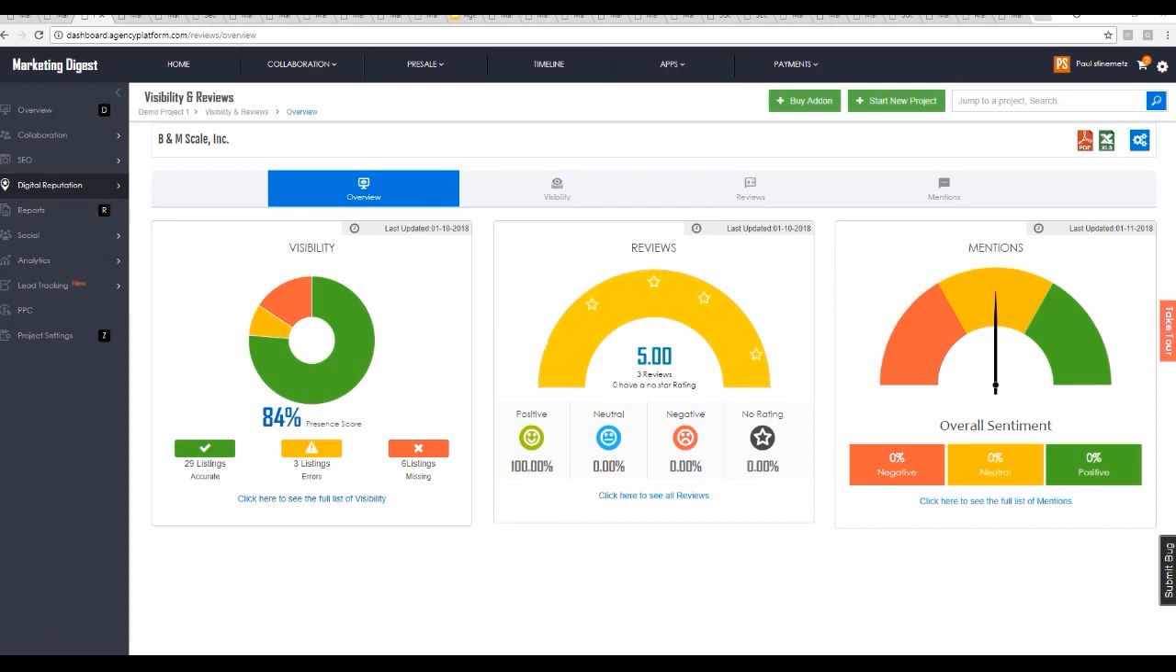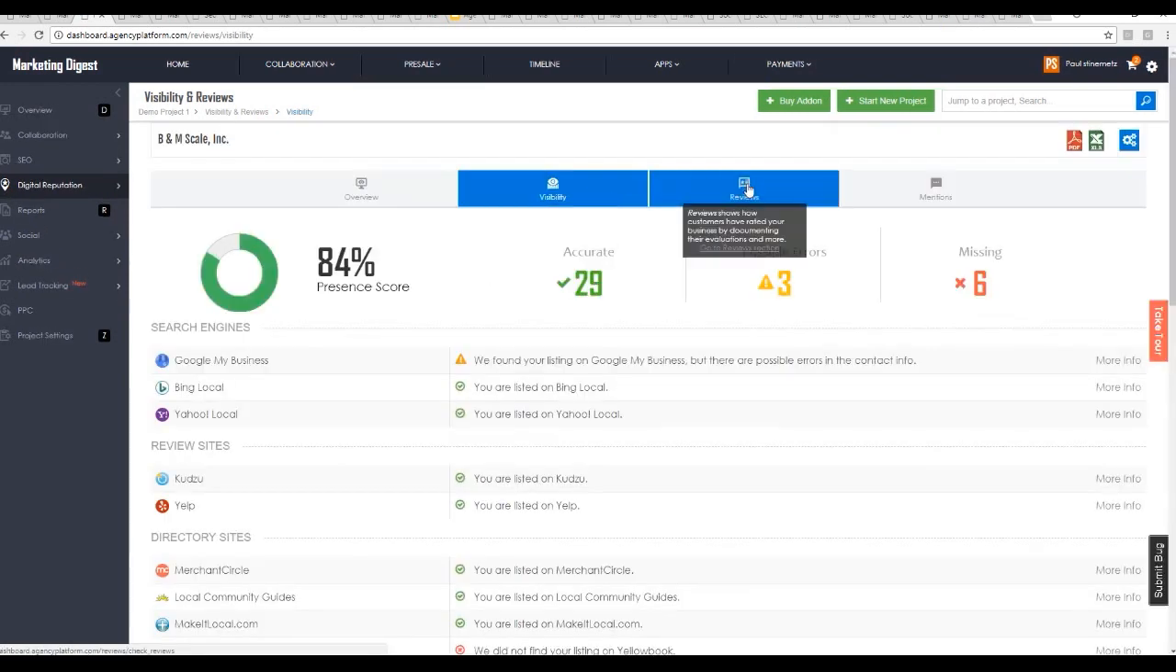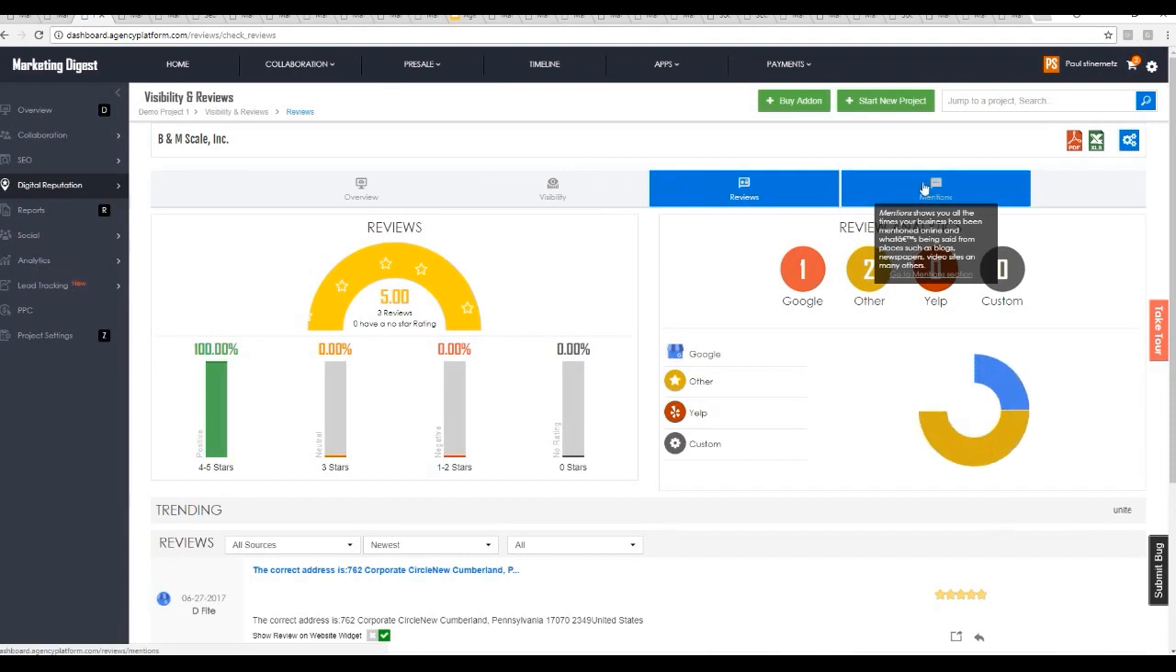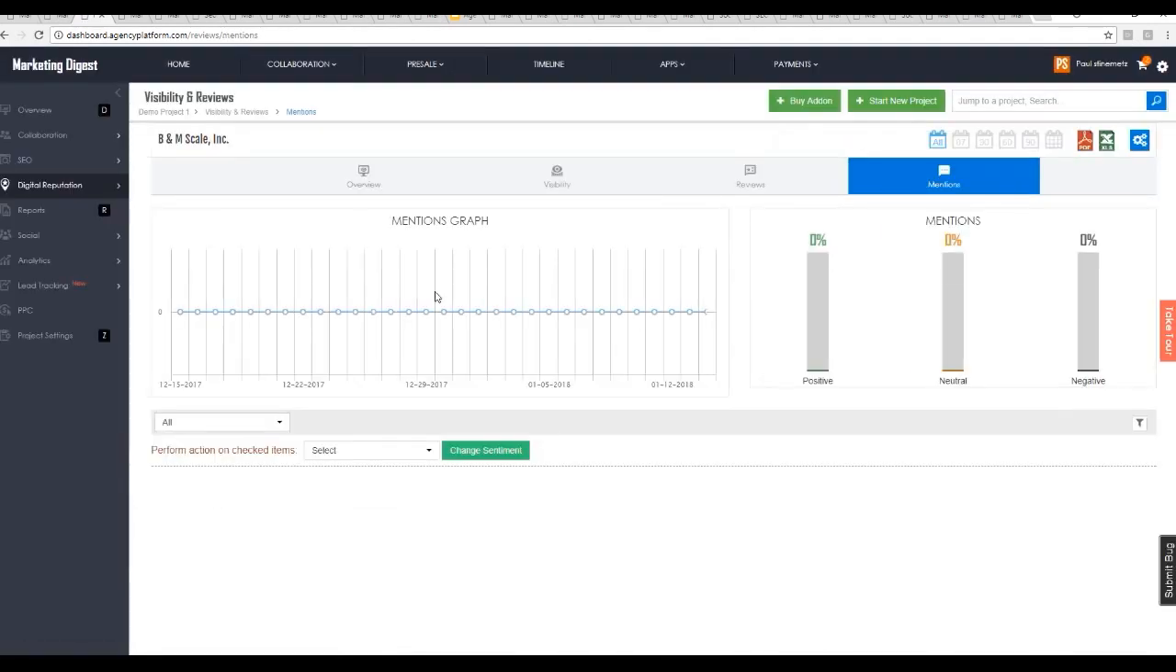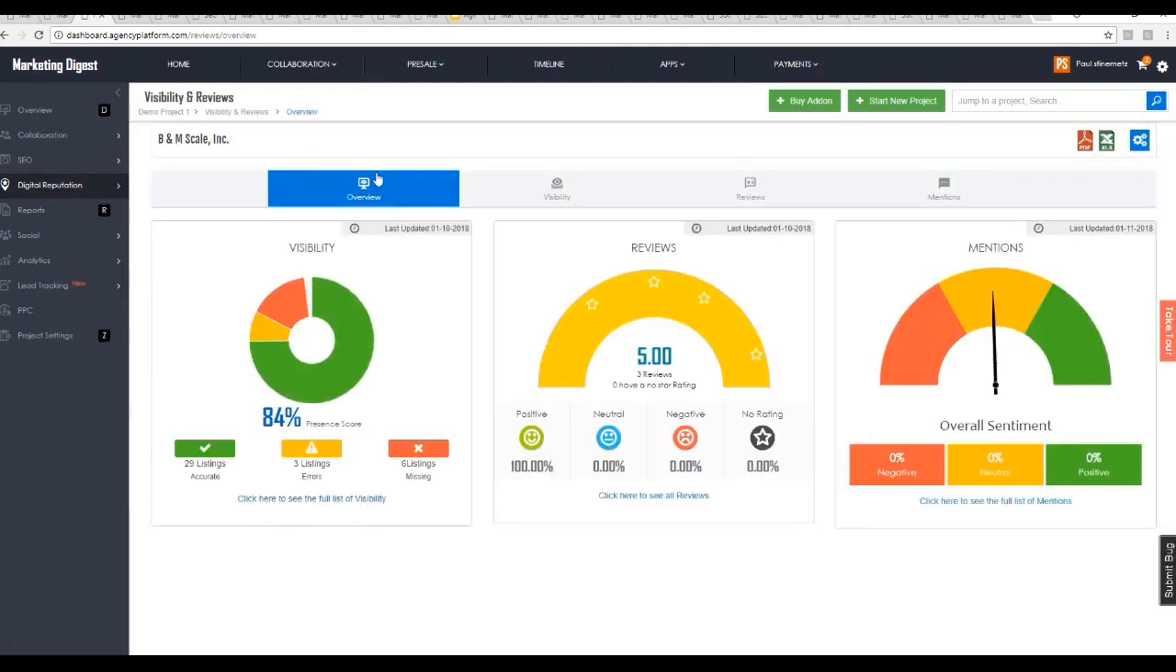Speaking of reputation, there's a full dashboard section for digital reputation that will give you an overview of their visibility on all the different directories that are out there or listings, their review score, and mentions that are going on. You can dive into visibility and reviews and mentions. Really powerful dashboard, and really important for any local business to be monitoring their reputation, their reviews, even their online